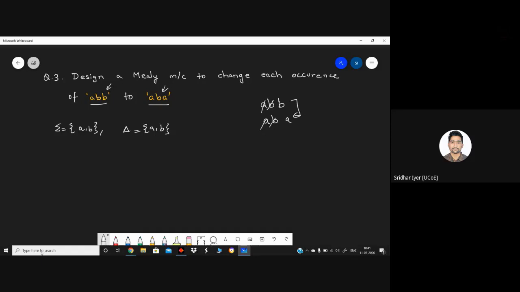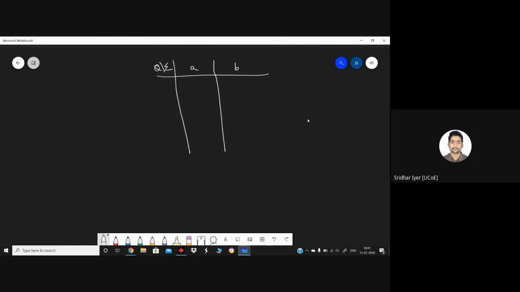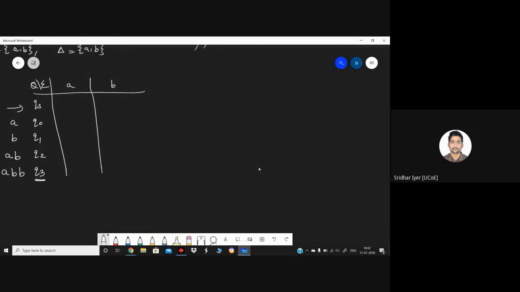But to start in the similar fashion, this Q versus sigma, inputs are A and B. Start with QS, Q0, Q1, Q2, and Q3. According to our initial logic, we have to fill up A and B first, then follow the logic, which is AB and ABB. So wherever Q3 is present in the first table, we have to highlight that as an output A in the second table.